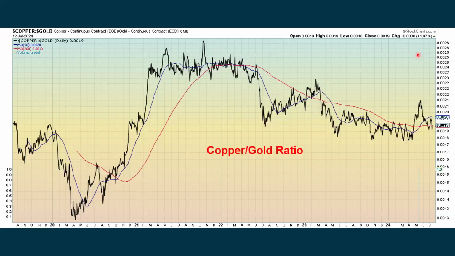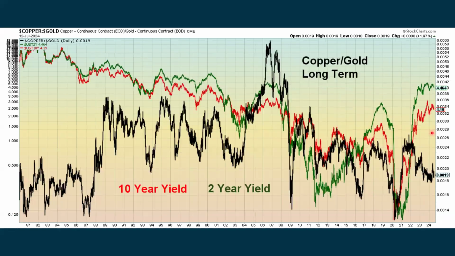We look at a copper to gold ratio here, and we broke out a little bit as copper was starting to outperform gold. Then it started to fall back, and right now copper is still in an uptrend compared to gold with this ratio, but the ratio has also been falling back. Here's a longer term look at that same chart going all the way back to 1980. That's the black line, the copper to gold ratio. To give it a little bit more perspective, here's the 10-year yield in red and the 2-year yield in green, where interest rates have been coming down, but we haven't seen a real change, at least yet, with this longer term chart with the copper to gold ratio.